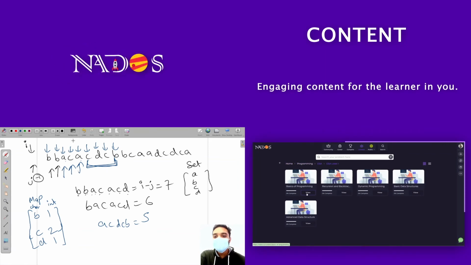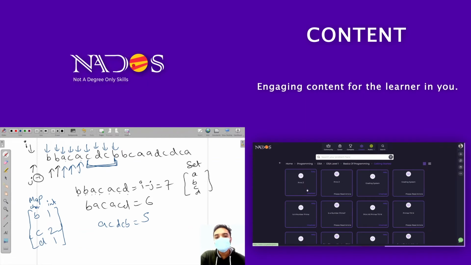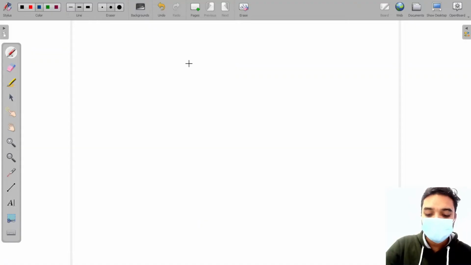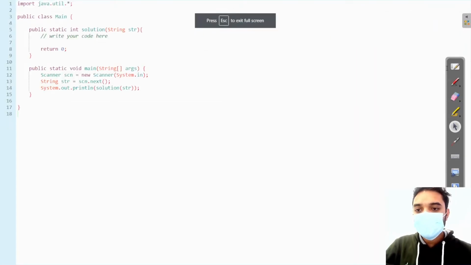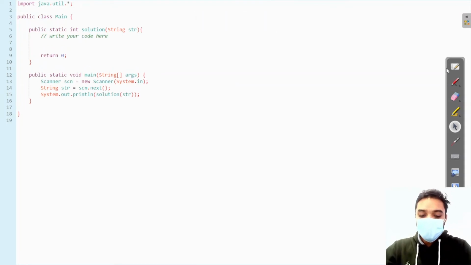Okay, yeah. So now let's try to code this and see. Now let's code this and see, and then you will be getting a better picture of the solution. Okay, I'll be telling you what's happening in this code. Fine. Now let's try to code this question. Okay, let's see now what we have to do. Okay, so initially we have to do what? We have to create a set.